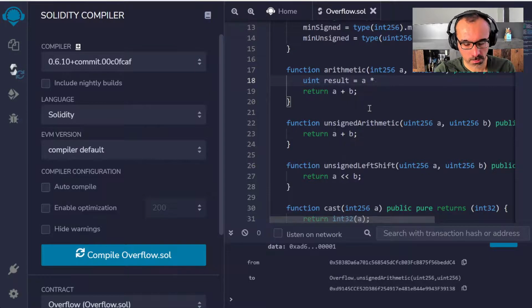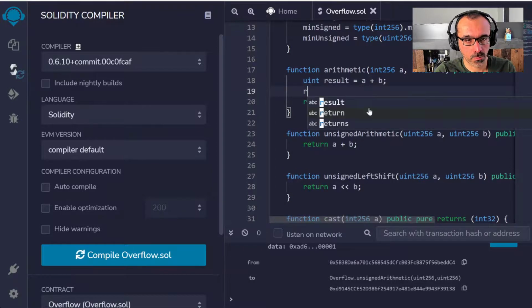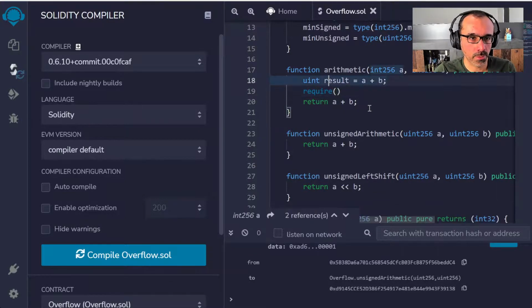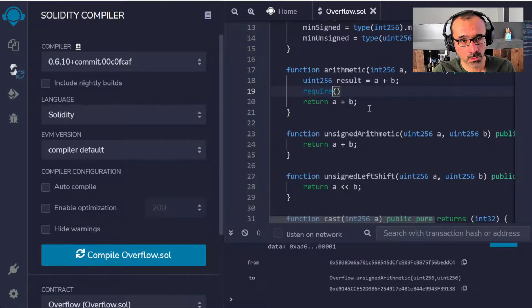A plus B, and then we go ahead and do the check here, checking if this value will end up being an overflow.